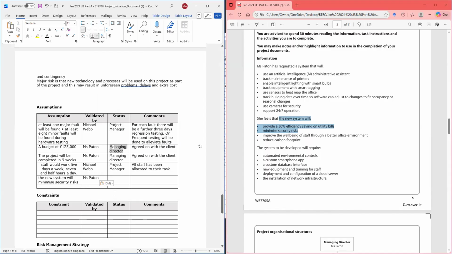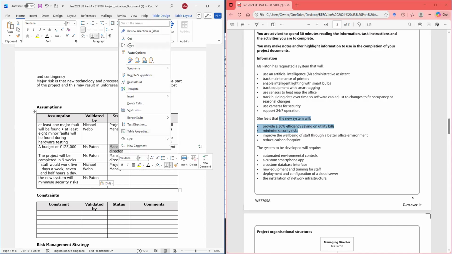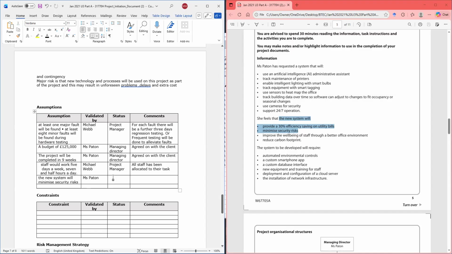And she is the managing director. She feels that it will minimize security risk.